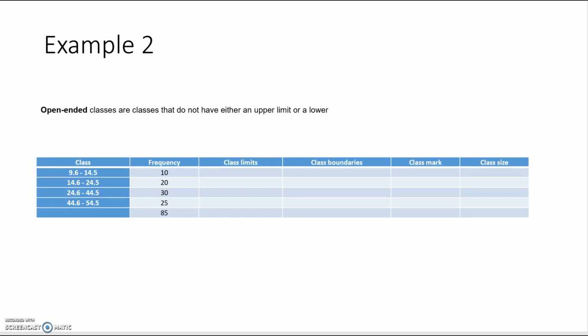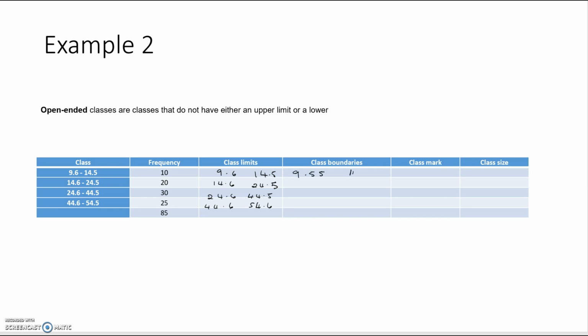A second example is really no different from the first. The class limits are as published in the table there. Now the boundaries are a little bit less and a little bit more than each of those. So